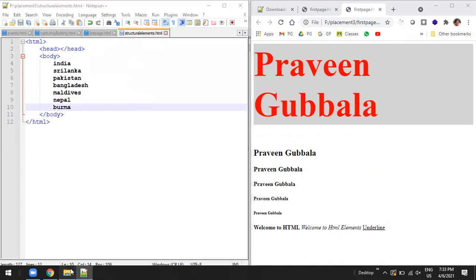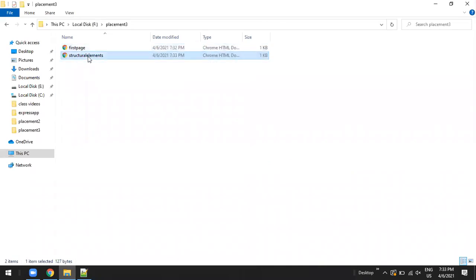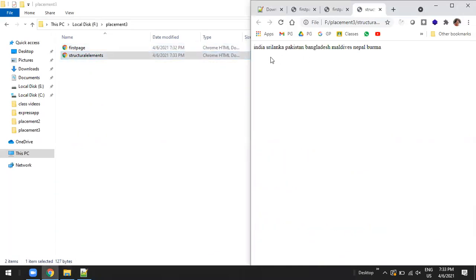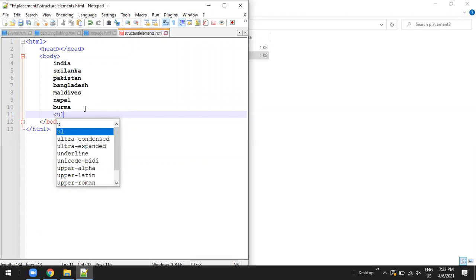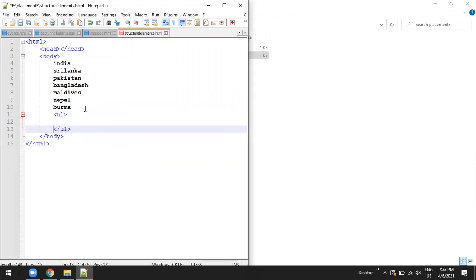So how can I do that? Let me go to my folder and double click on it, and you can see India, Sri Lanka, Pakistan are all coming side by side. If you want to display these contents one after the other as bullet points, you have to make use of UL, unordered list. Inside the UL, each content should be placed as a list item.